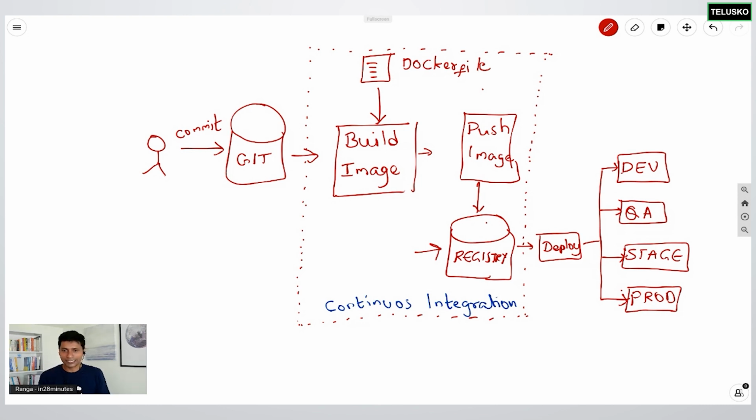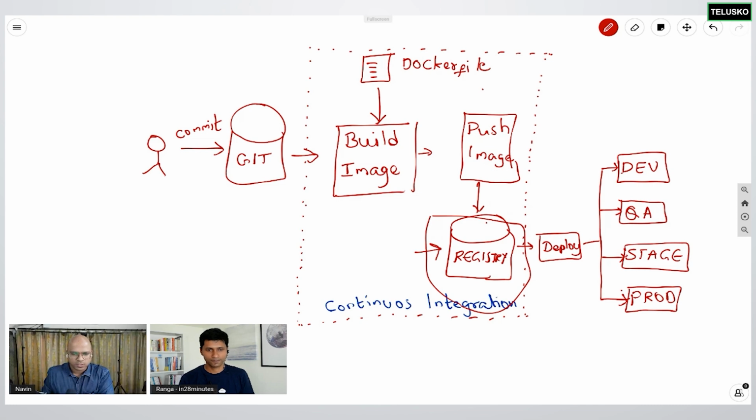There are public registries as well. The most popular one right now is Docker Hub, which offers you a public registry. There's also a public Docker registry associated with GitHub. And each of the cloud platforms like AWS, Azure, and Google Cloud offers a lot of registries. This is where all your Docker images would finally be deployed. You can build an image and push it to the registry, and each enterprise uses a specific kind of registry.